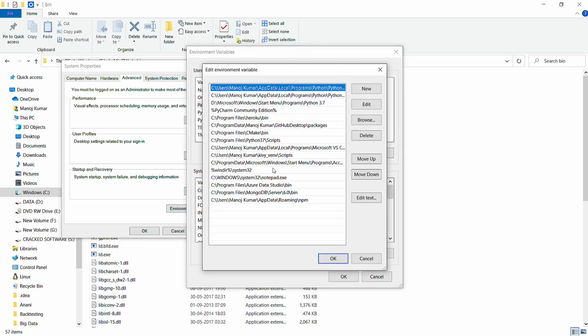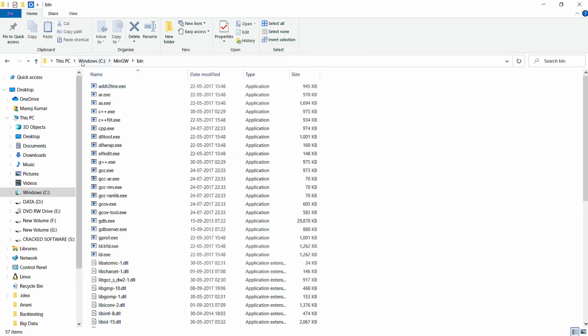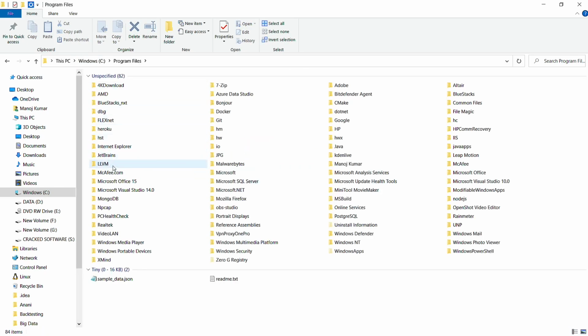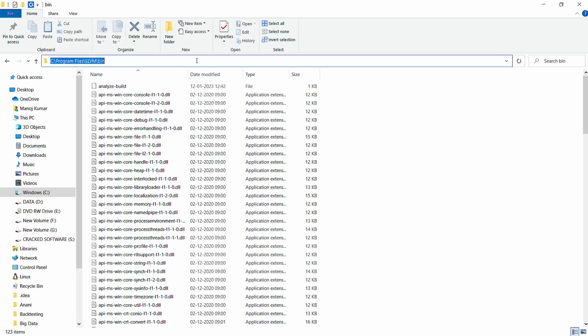Just double click on path, click on new, and paste the path which we have just copied. Basically MinGW and bin. Just click on okay, and after that we'll be having another one. Basically we have installed two programs, right? Just head over to program files, and we have installed LLVM. Just click on LLVM and click on bin. Just copy the path over here,